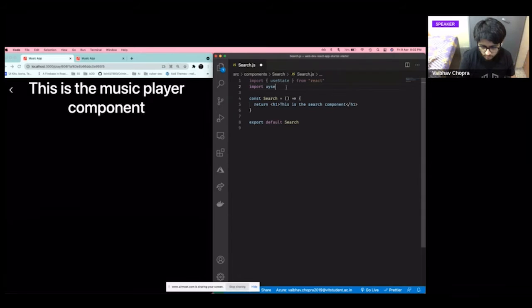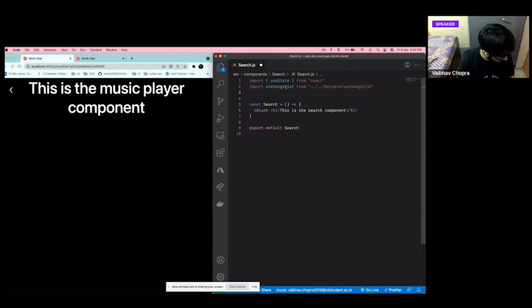I'll also import useSongsList, which we defined in the helpers, not components, helpers. Yep, I'll import useSongsList again.